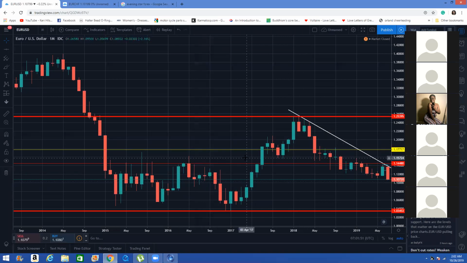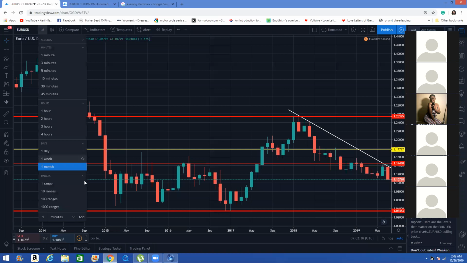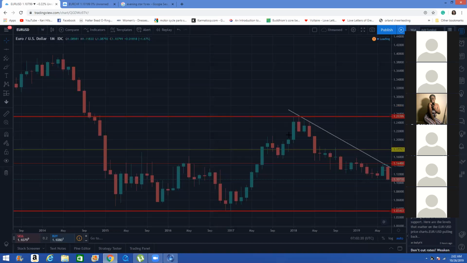It doesn't have to look like this every time it retests. It can literally be just a wick like this, because on a smaller time frame, mind you, this is the monthly. On a 1 hour, you might catch a couple candles that's just making a beautiful bounce off of this. So that's why you gotta do it like that. So then the weekly,